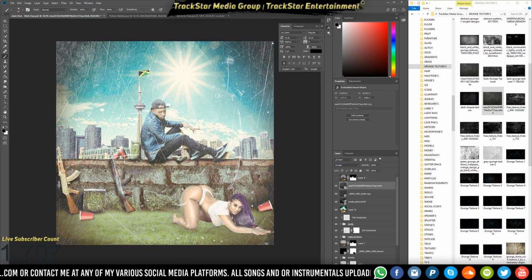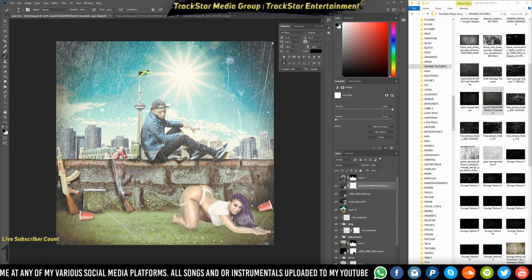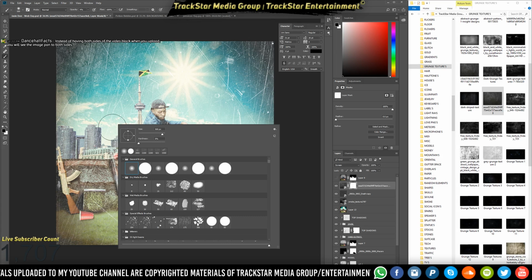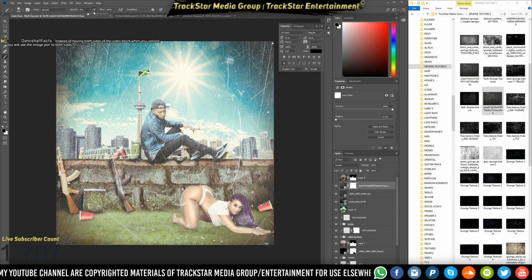So I'm always going to take out some of this grunge texture out of the corners because I never really like how it does the corners. It always makes the corners look weird, like it gets this bright, weird look. I never really like that. So I'm going to take out some of that. I'm going to drop the opacity to about 40. I'll get rid of, if this thing, I will get rid of the fucking thing then. Oh shit, it's at 4%, that's why. So 40, I'll get rid of,